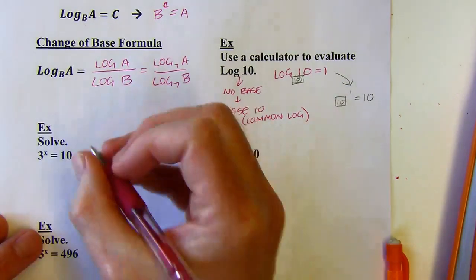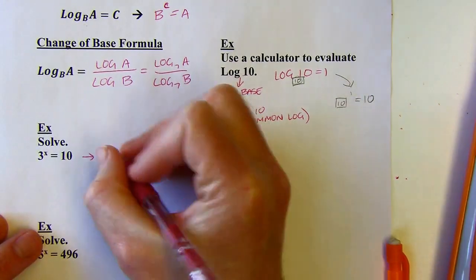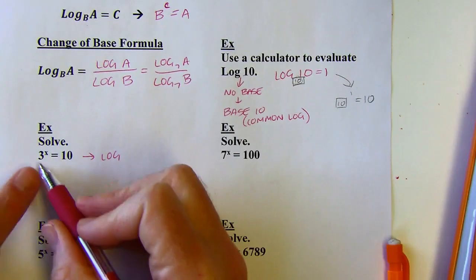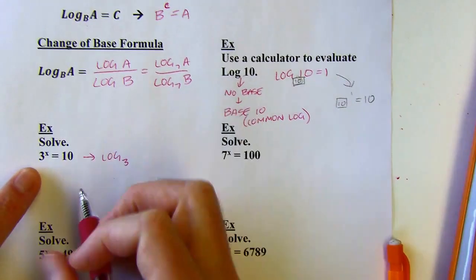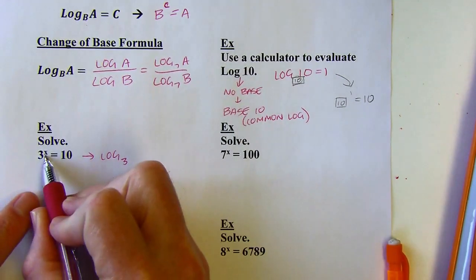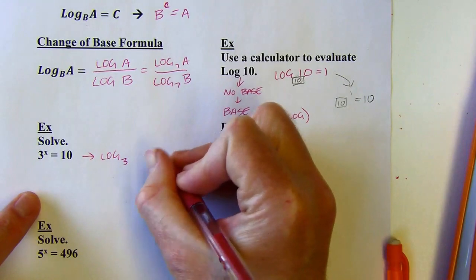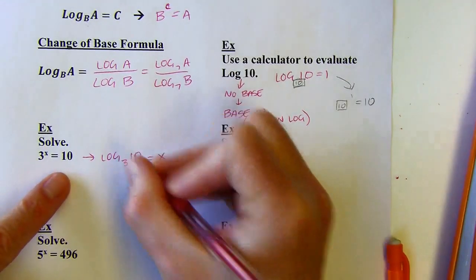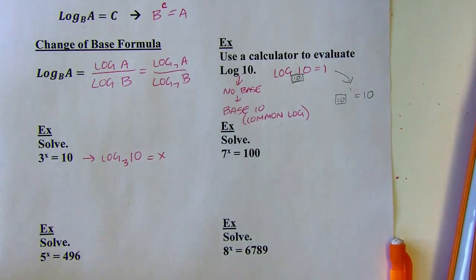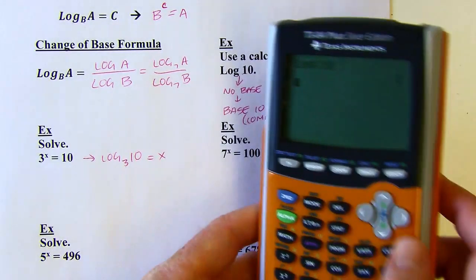So first step is to rewrite this in log form. So I write the word log. My base is 3, okay? The exponent is what gets isolated. And I want to leave a little space because the 10 is going to be the contents of the log, okay? Now, when I hit the log button on my calculator,